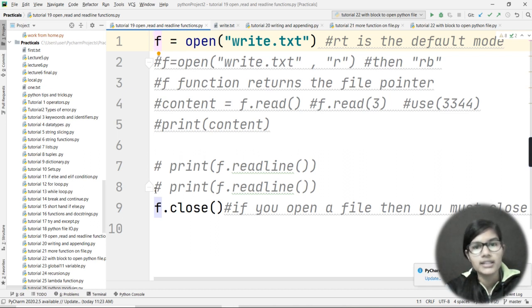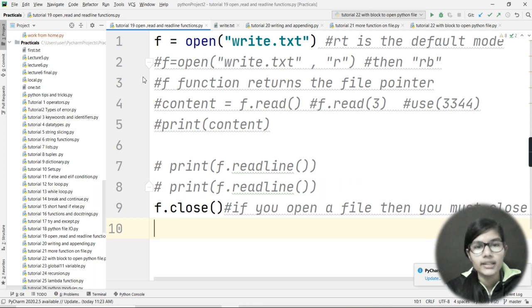If you open a text file in programming, you need to close it also. For that closing, I wrote f dot close. This is the way to close a text file in which we are working, and in which we are going to see the different modes. So presently I told you two things: how to open a file and how to close that file.